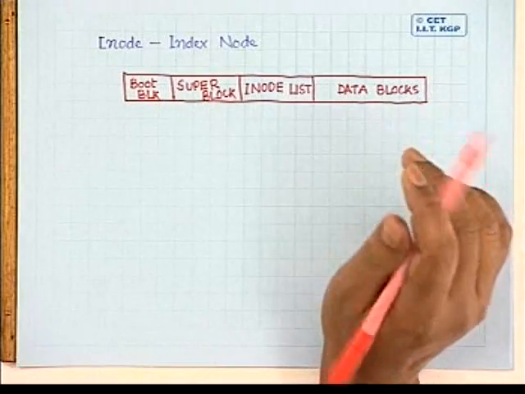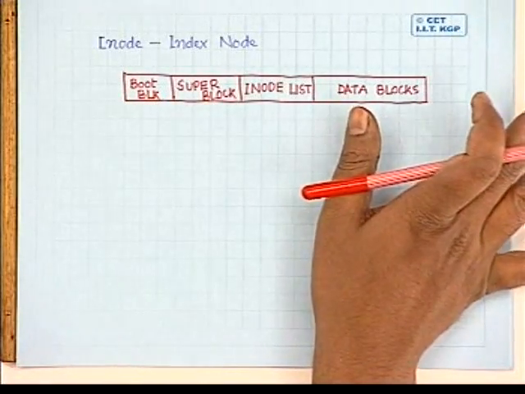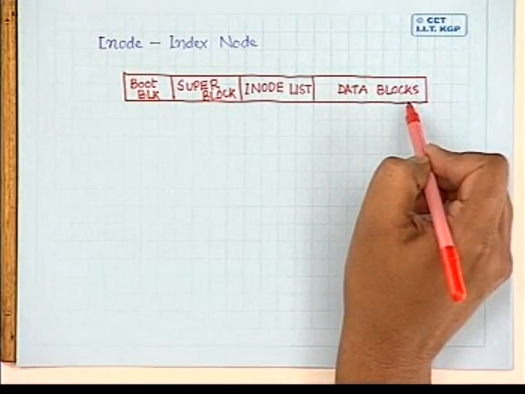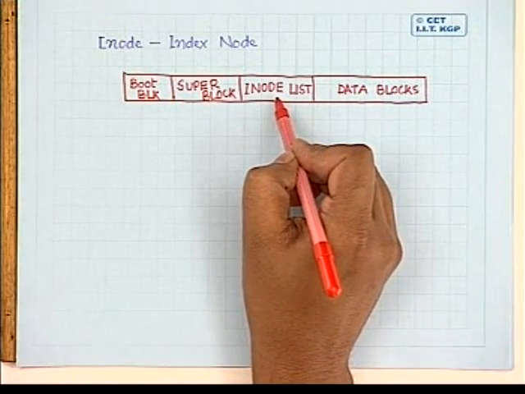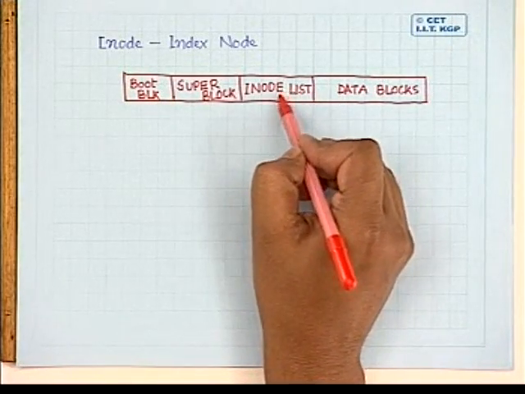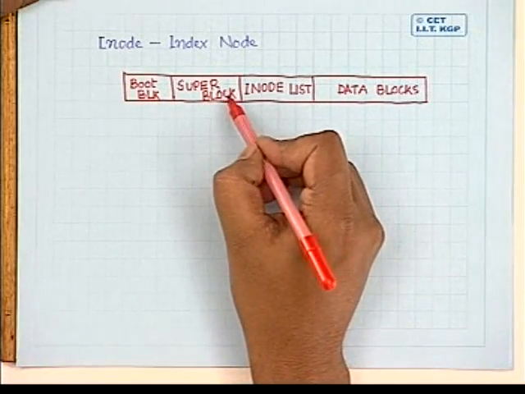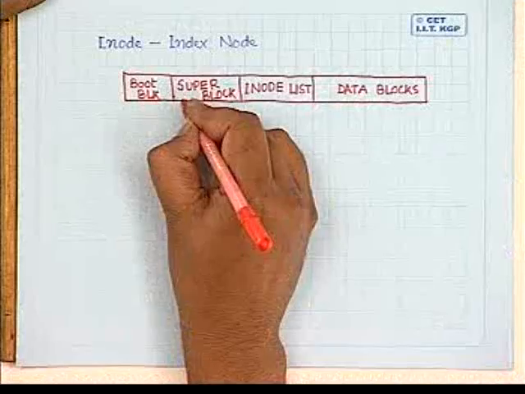So whenever the content of any file or the content of any directory is to be stored, it is actually stored in these locations, and the location information is in the inode list. Okay. Again, some of the inodes are put into the super block. We'll come to those things in detail later. And along with that, the super block contains many other pieces of information. So the information contained in the super block is,